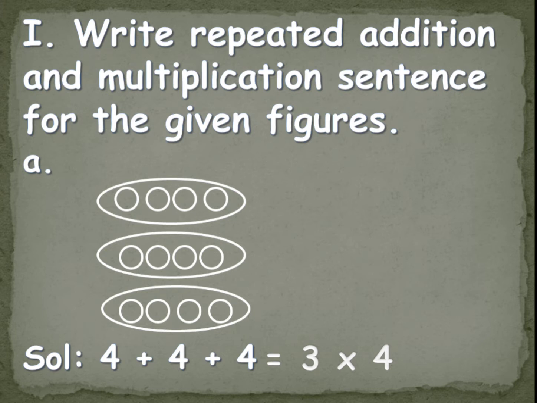Addition sentence is 4 plus 4 plus 4. Then that will be equal to 3 fours are 12, or you can also add 4, 4, 4. 4 plus 4 becomes 8. 8 plus 4 also becomes 12. Okay. So if in the question I have given you write the addition sentence, then only write the addition sentence. If it is only multiplication sentence, write only multiplication sentence. If the question is asking both addition and multiplication sentence, write both the sentences. Okay, so that is your first bit.